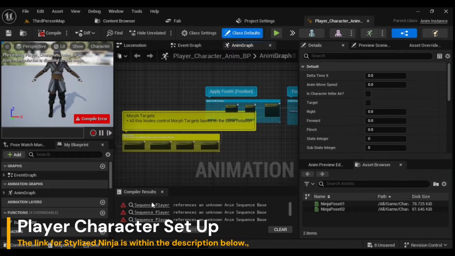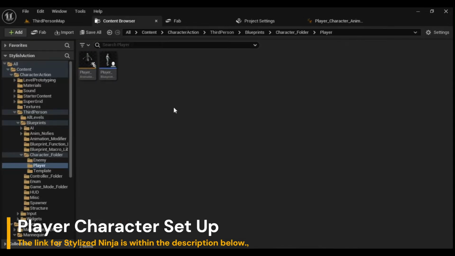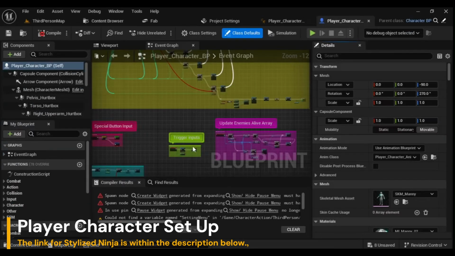Again, I will address these sequences later. For now,